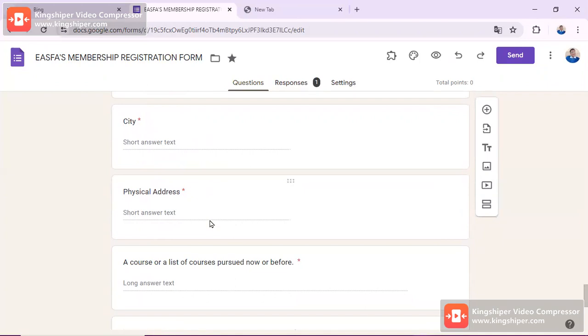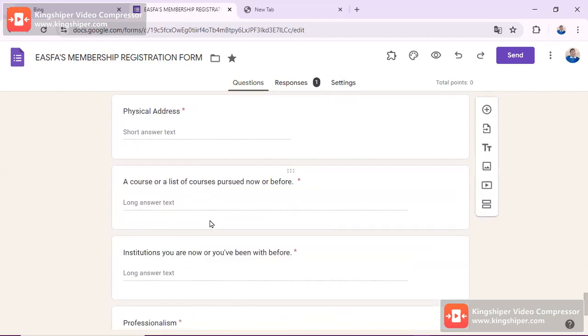When I talk of Lagos, you will write it as Lagos since you come from there, or you came from there before. Or that is the place you work from, and many others. When you come to the physical address, you have to give the physical address, with an addition of the postal code address if you want, since it is just a short answer text.